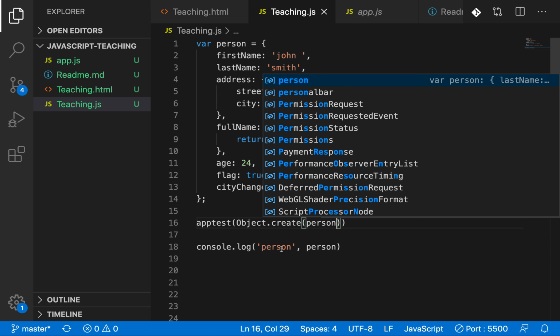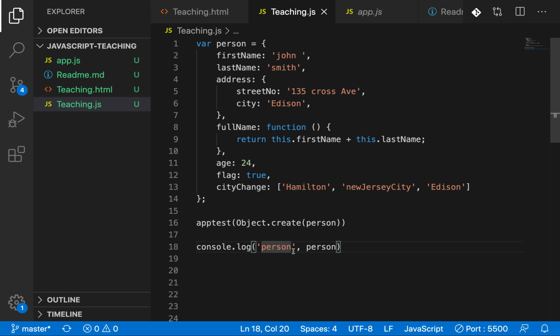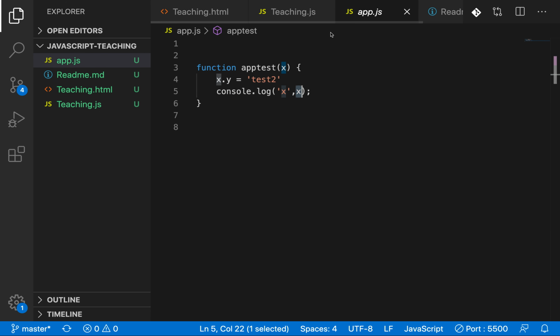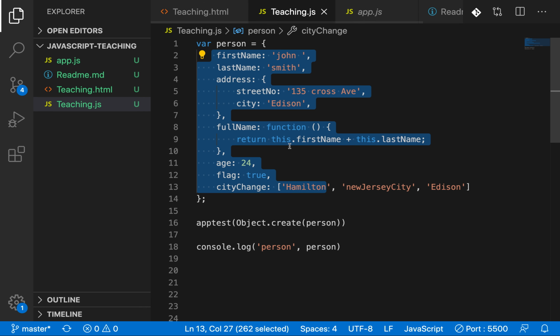So can you guess what happens here, my friends? Basically, as you pass person into object.create, it creates a new object. It is not going to touch this object. It is going to create a new object, with whatever properties over here defined in the secondary object. And as you defined person.y, this y is going to be available in the first object. If you define person.prototype.y, then it is going to be available in the secondary object, which is the prototype object. So let's see this.